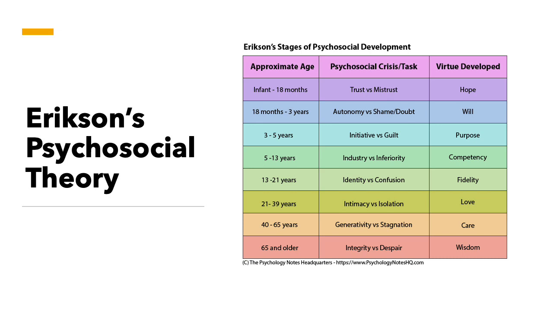And in each of these stages, there is a task. For instance, the first stage is trust versus mistrust. The goal here is to develop a sense of trust. And we help a baby develop trust by being responsive to his or her needs, picking them up when they cry, giving them that sense of love and belongingness.